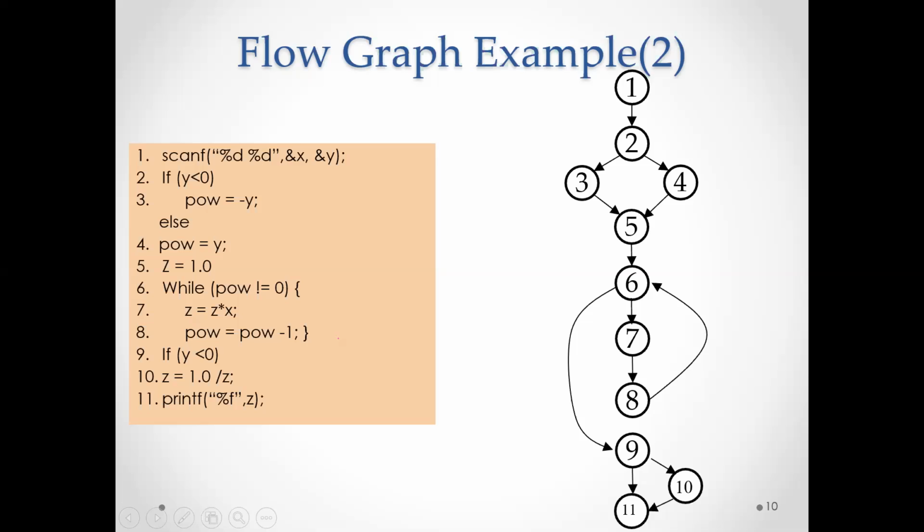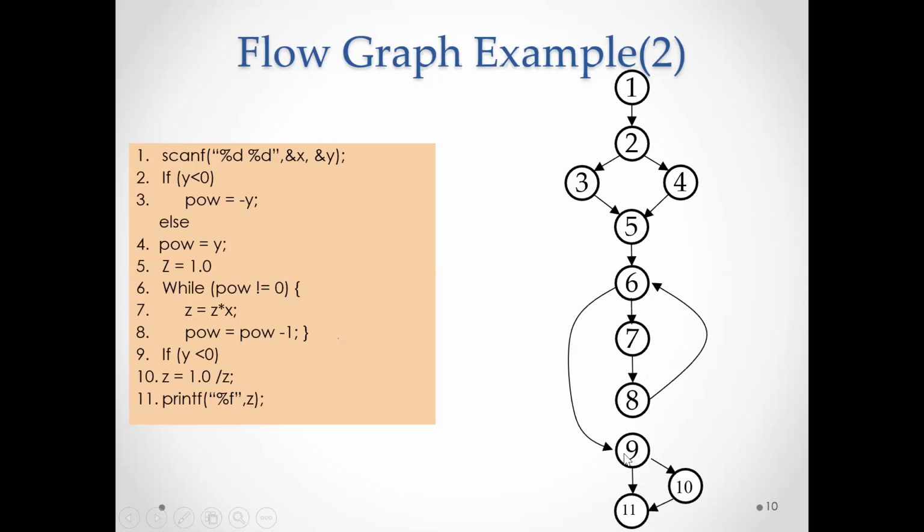Understanding it? So once the fifth statement is executed, it will take to the next statement. The next statement is the while loop. The sixth statement will be executed, and the while condition will be checked. If the condition holds good, then it will go to execute the seventh, followed by the eighth statement. After executing the eighth statement, the control will be given back to your sixth statement. If the power is still not equal to 0, the same thing continues. Otherwise, if it fails, it will come out of that sixth node.